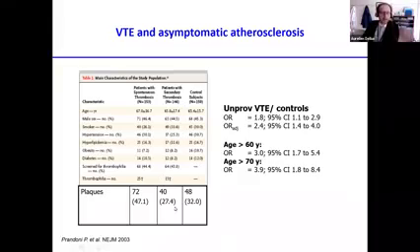in patients with provoked VTE, and in control subjects. And you can see here the proportion of plaques that were found in these patients. Even after adjustments for potential confounders such as age, sex, presence of risk factors for arterial disease, they found that patients with an unprovoked VTE had 2 to 2.5 times higher risk of presenting with concomitant carotid plaque as compared with patients with provoked VTE or control subjects. So this is for asymptomatic atherosclerosis.